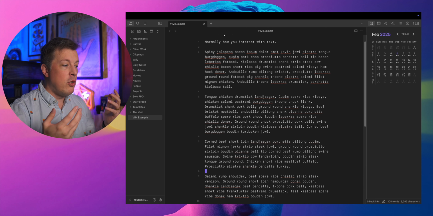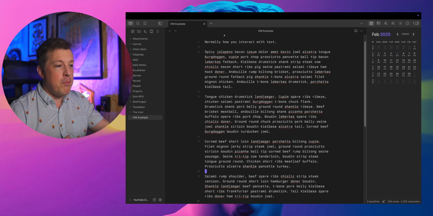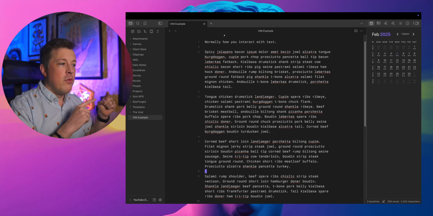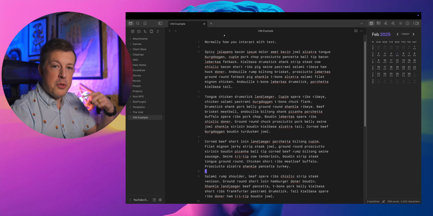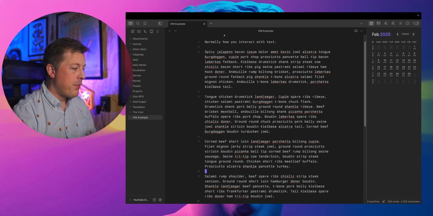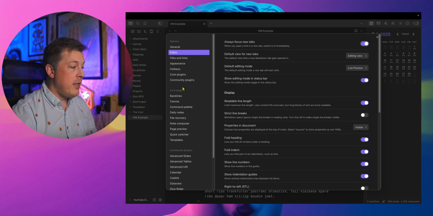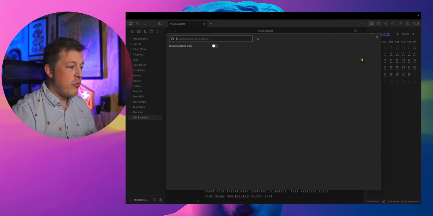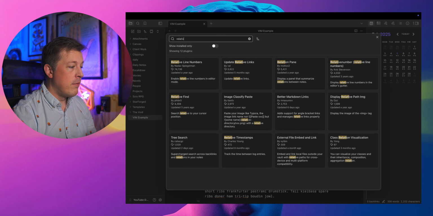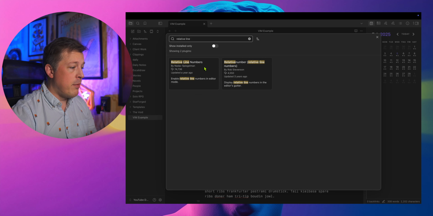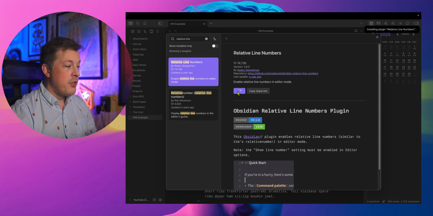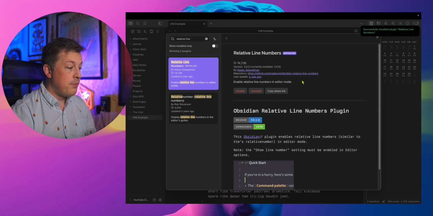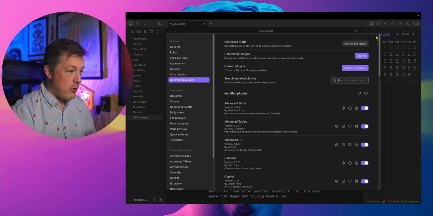But say you still want to be able to jump around without knowing exactly what line number you're talking about. So now we're going to install another plugin, and this will be in Community Plugins, Browse, Relative Line Numbers. All right, so this was updated a year ago. That one was 3 years ago, but it doesn't really need much more. So we install and enable, and now